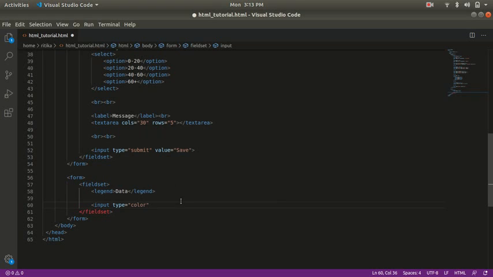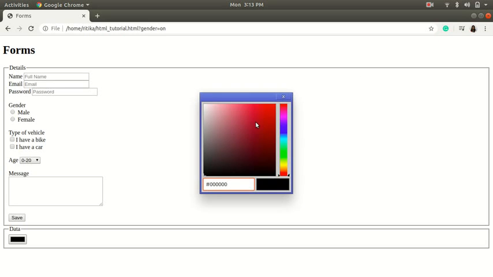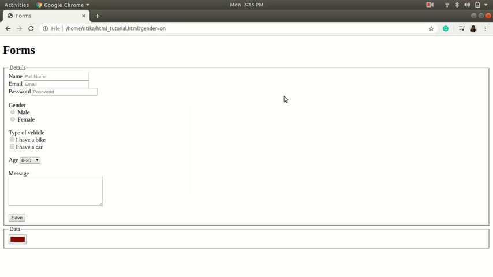Let's select color and let's close the tag. Let's check how does it look like. See, this is the color. We can select any color. We have many more options in HTML5 which we will learn later in this course only.